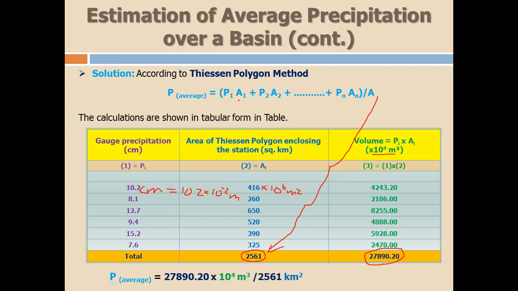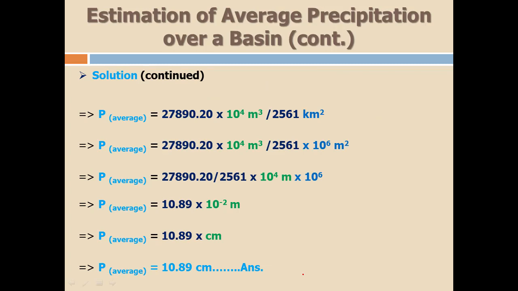P average, again this, so the value of all this is how much? Is this one. So putting this value 27,890.20 into 10 raised to the power 4 cubic meter divided by this value 2561 square kilometer. So in the first step, this is the same. In the first step, what we have calculated, we have just put the value of square kilometer